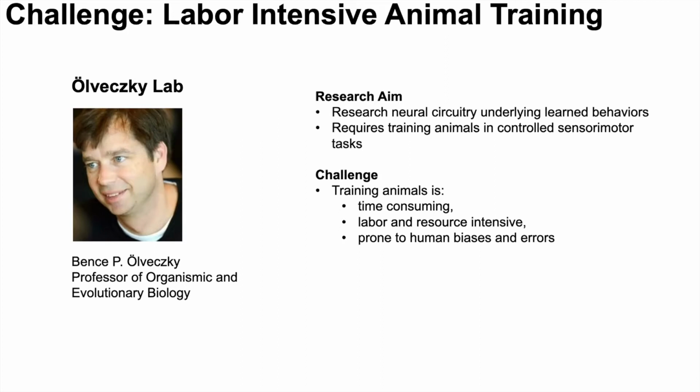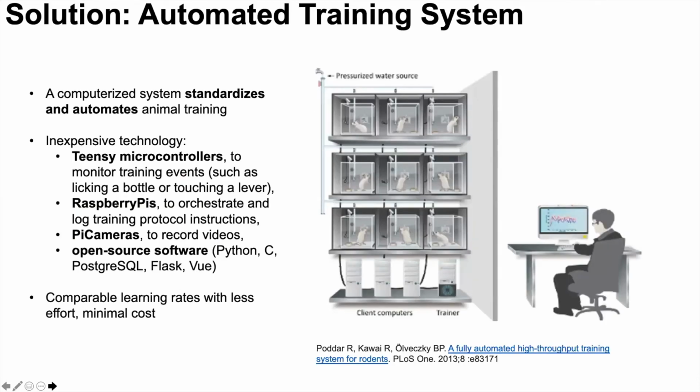You can imagine if you trained, say, a rat to do a particular task, like touch a lever twice, you might do it differently than you did it yesterday, and you might train it differently than your colleague. So this presented some bias, and it was also difficult to scale this type of research because it's so resource intensive. And so the solution that we came up with was to automate this process using an automated training